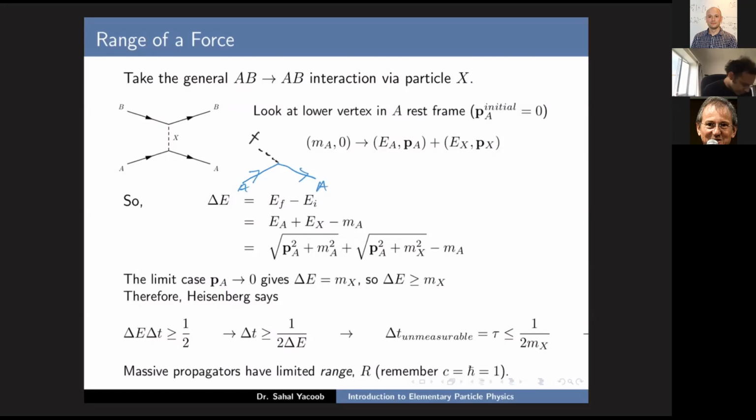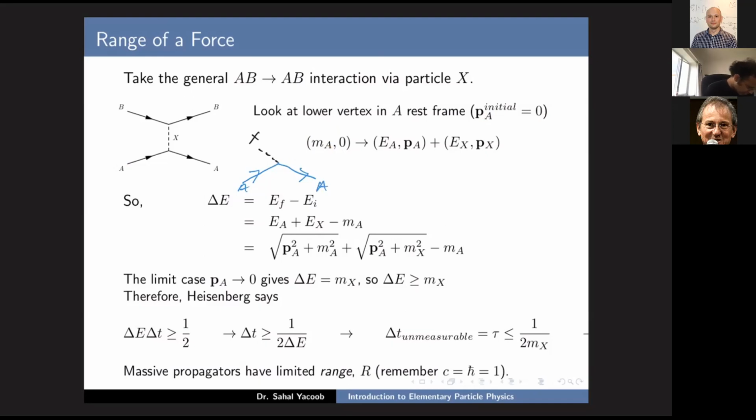So we have our X, and so we have our particle A absorbing particle X and moving off again as particle A with a different momentum. We're going to consider this in the rest frame of the initial particle A. So PA initial is equal to 0. That means our initial state 4 vector is just MA and 0. And our final state 4 vector is,